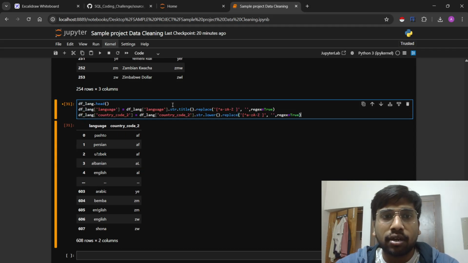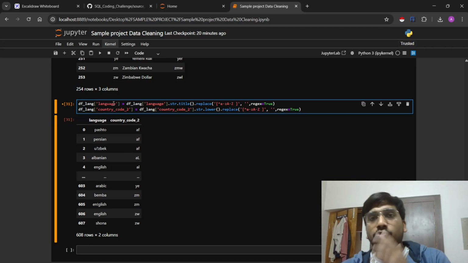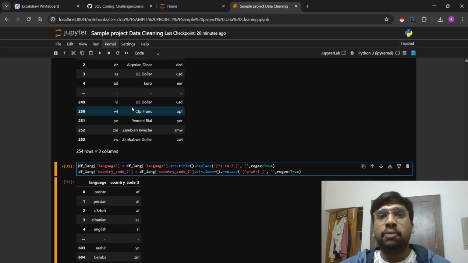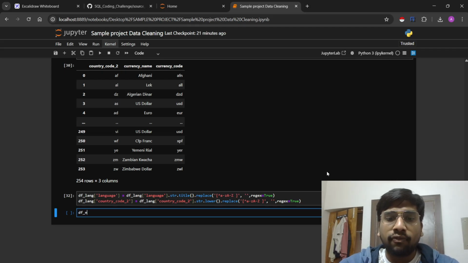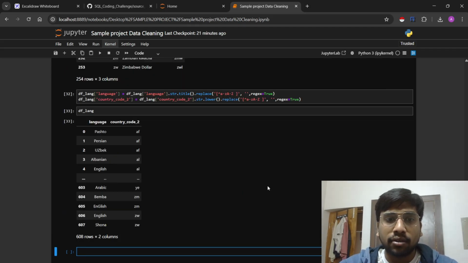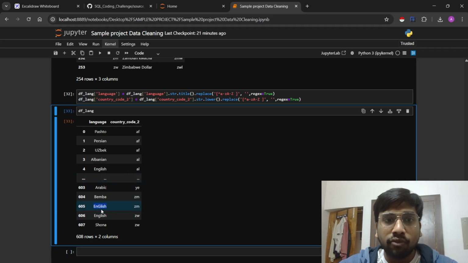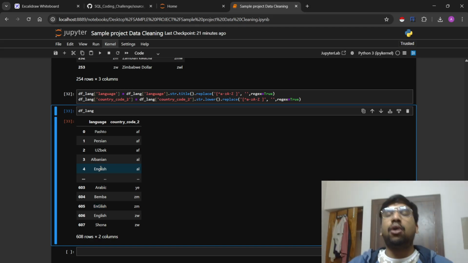Okay, and this will be the code. You can see it's very similar. You don't have to wait and read all the lines of code. I have written it once and I'm just copy pasting it again and again. And now if we do df lang, the thing has to be good. Again, this problem is happening, which you guys know by now how to fix.